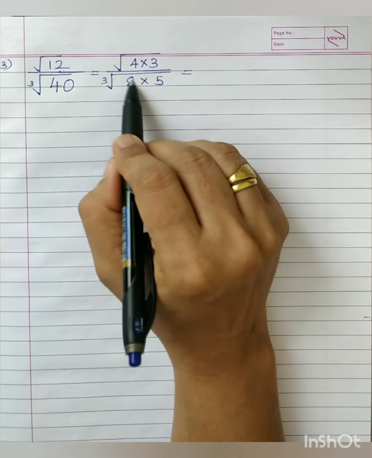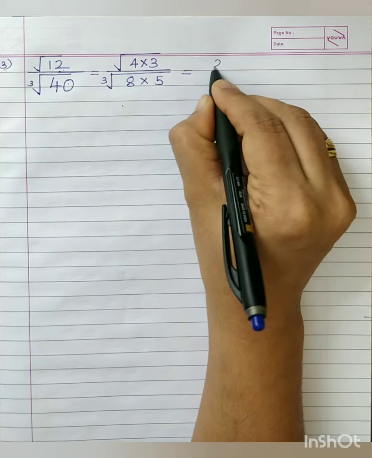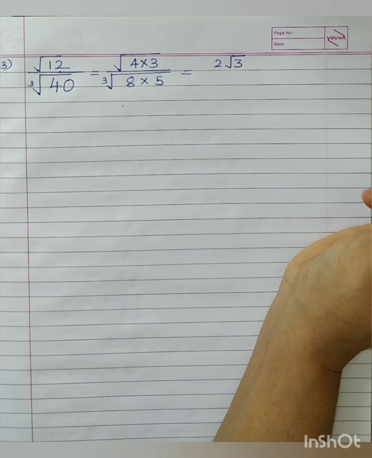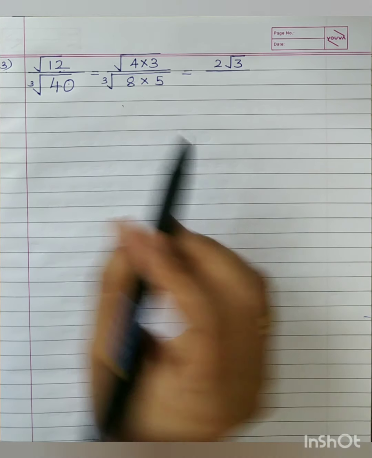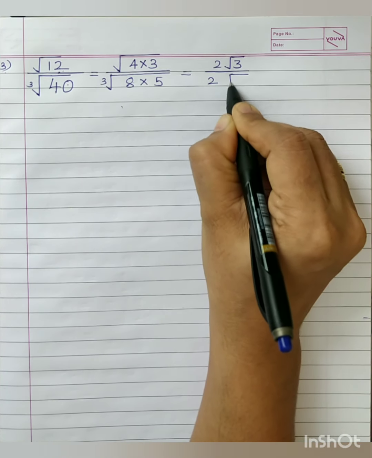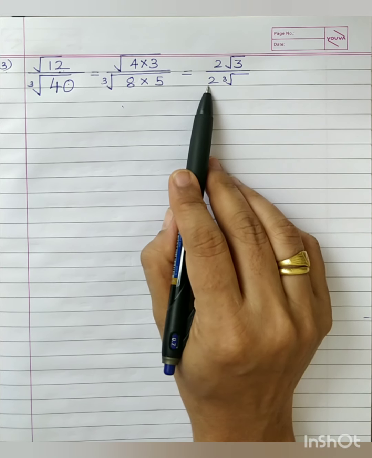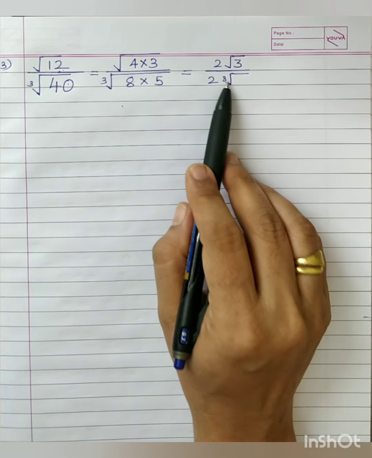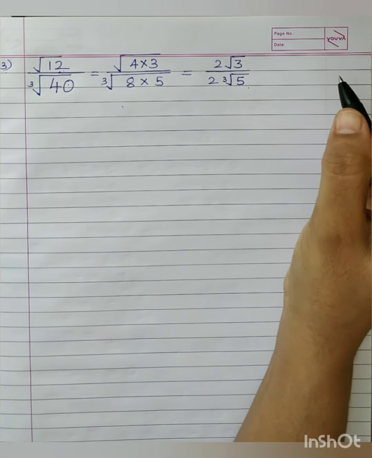Therefore, square root of 4 times 3, the order is 2, so 4 comes out as 2 and it is left as 2 square root of 3, upon cube root of 8. So what comes out again is 2. What is left inside the radical sign is a cube root. Do not forget, and you can see the difference also, how I am writing a number, an integer, and how I am writing the power there, order 3. That is 5 here, cube root of 5.